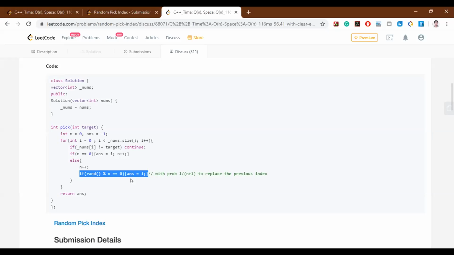First I store everything, and then for pick I just look up the target, find out how big my array of duplicates is, call the rand function and return that index. So pick will be almost O(1). Only the constructor takes more time. But still I'm getting 232 milliseconds, and these guys are getting half of the time.